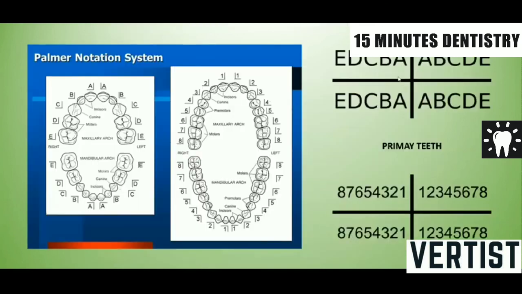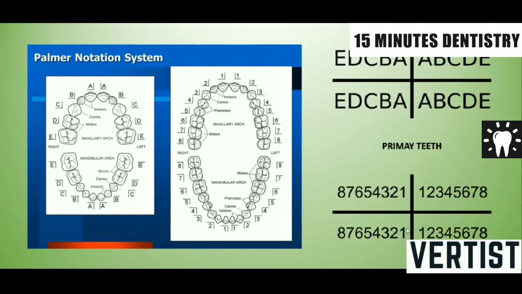Now, here in the Palmer notation, you can see for the primary teeth, the mouth of the patient is divided into 4 quadrants. This is the mid-sagittal plane or midline, and the horizontal line indicates the division of the maxillary and the mandibular arches. This starts from the midline with A to E, that is A, B, C, D, E, in each quadrant. So the maxillary right side deciduous lateral incisor is indicated here. You can see this is in a grid. So here it is indicated in Palmer notation like this. For example, the right side, left side, first and second deciduous molars are indicated like this.